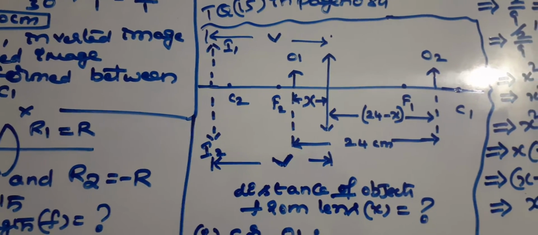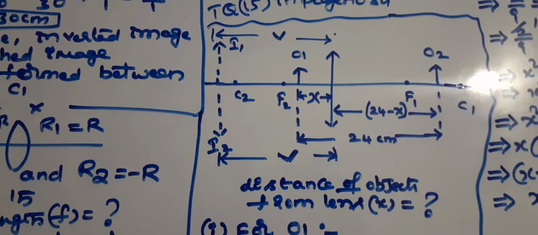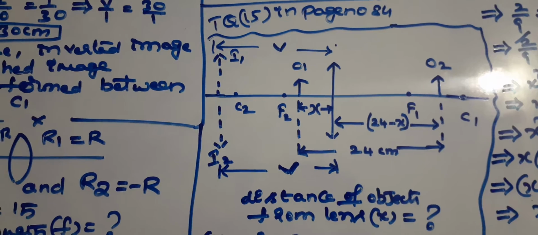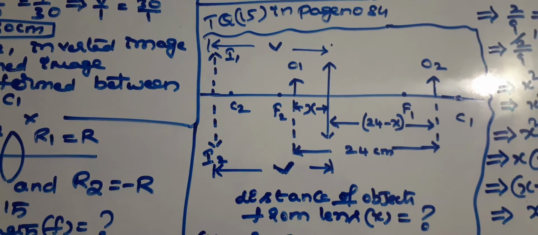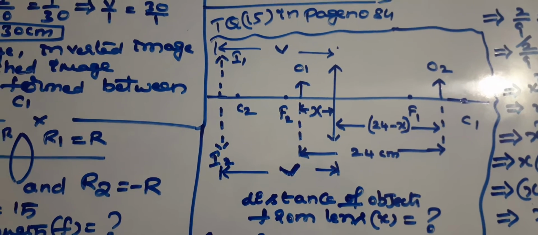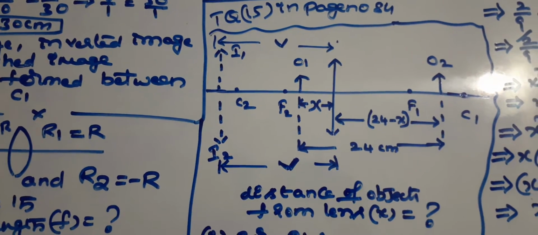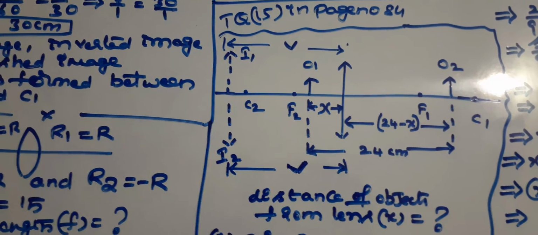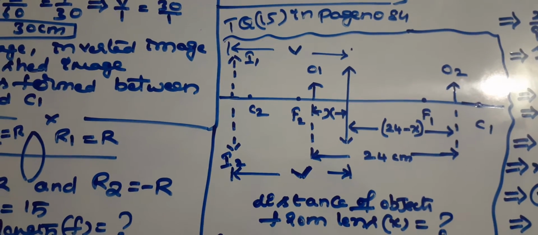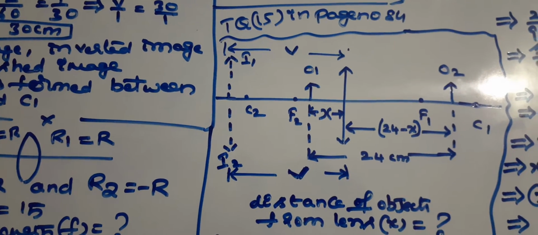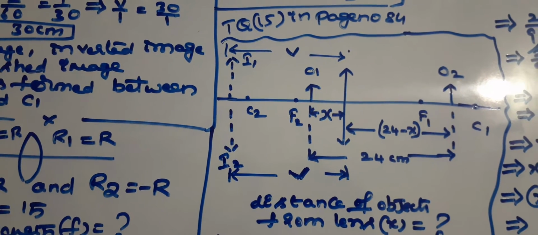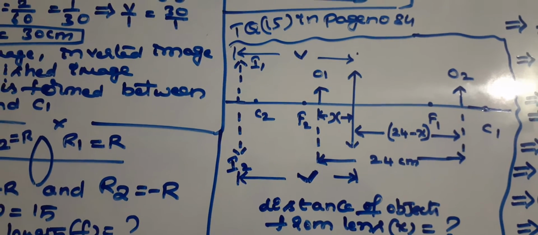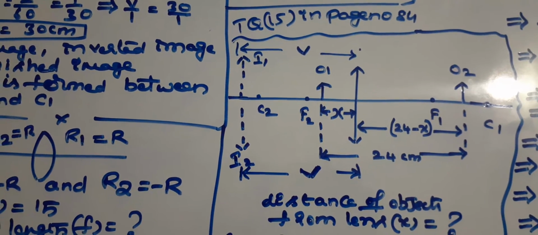A double convex lens or converging lens of focal length 9 centimeter is given. Two objects, and between the two objects a lens is placed. Between the two objects, the distance is 24 centimeter, that is object O1 and object O2. To get the image of object O1 and object O2 at the same position, we want to calculate the distance between the lens and object 1 and lens and object 2. With what distances can we get their images at the same position, students?